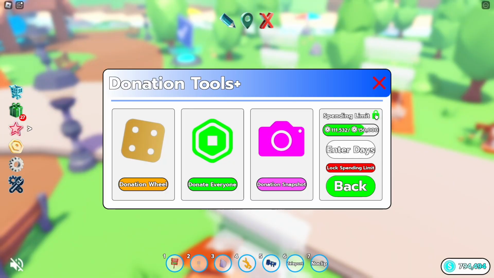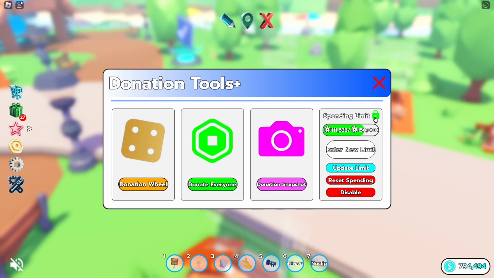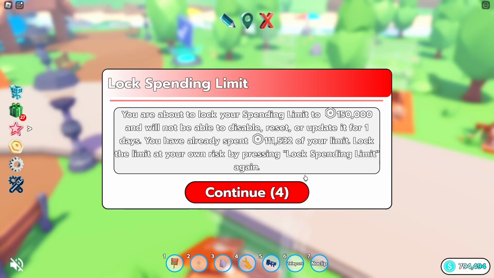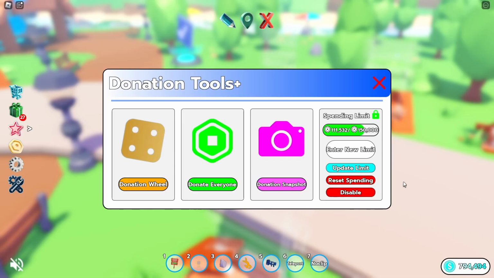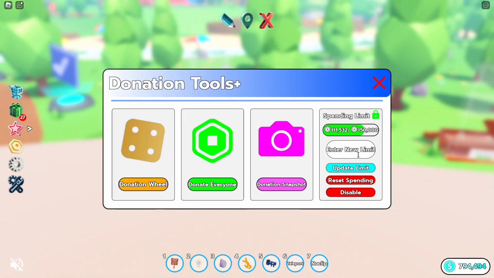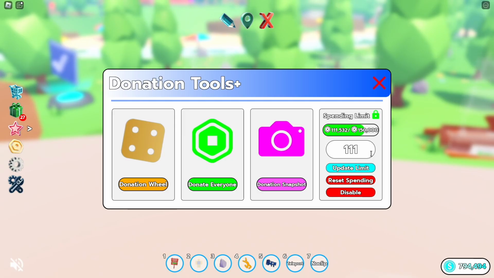So once you press this lock button, you can enter the amount of days you want to lock your spending limit for, so you cannot change it, because usually at every single time you can change the limit, but that's if you want to lock it. So first, what we're going to do is I'm going to update my limit for testing purposes,